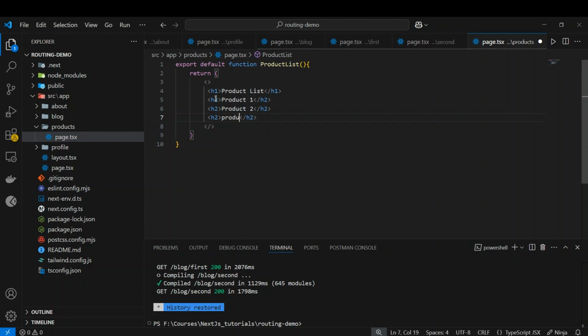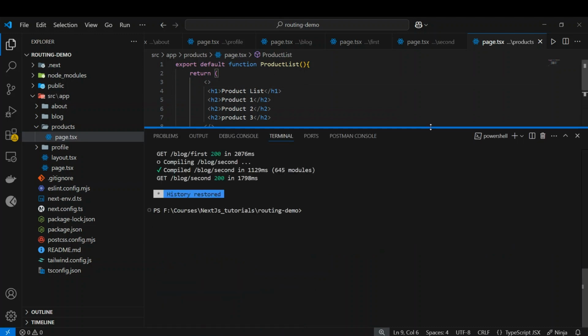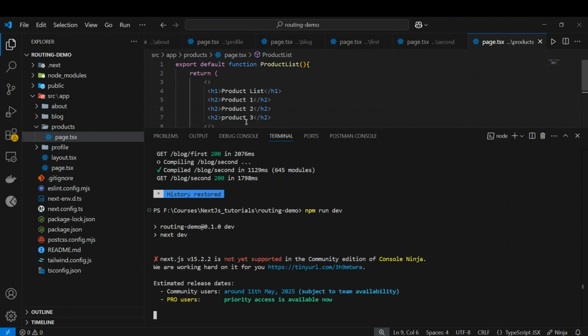And now we can also add the product 3. So this is how you can see. Let's visit this particular home page related to the product. Okay, now we can run npm run dev and visit localhost 3000/product and see whether the output